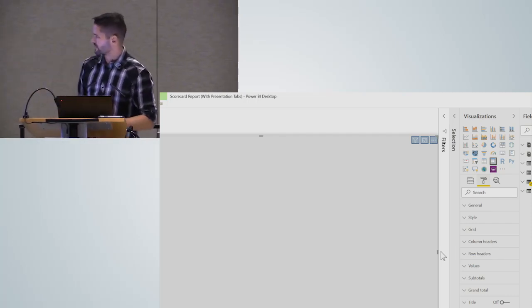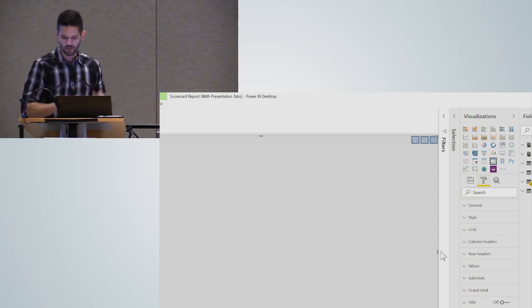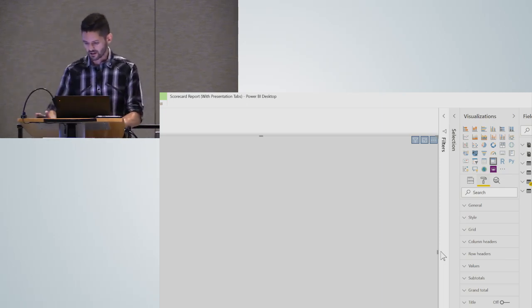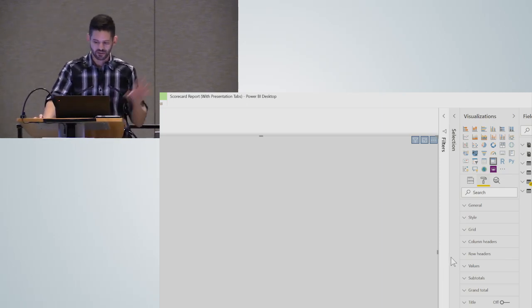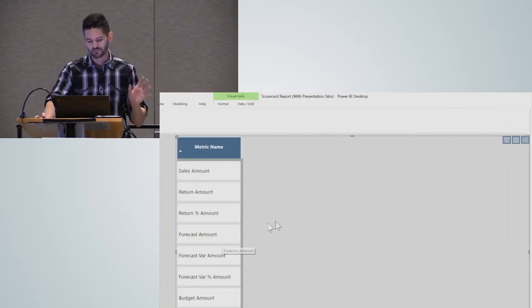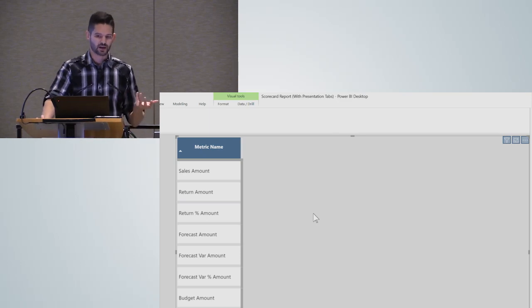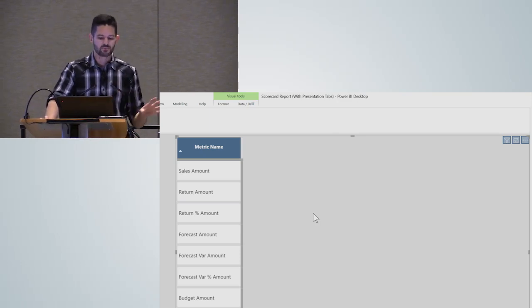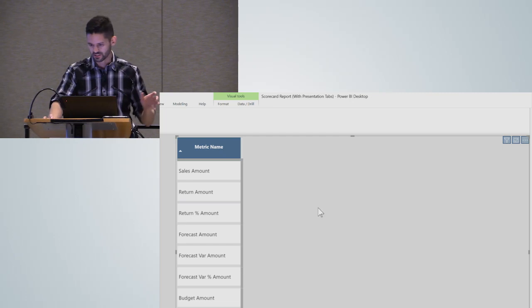Thankfully, a few years ago, they added that search button. If you're ever curious of what might be available, look for fonts, things like that. It can help guide you along. But there are so many ways that you can customize a matrix table, and I've made a lot of unique visualizations, including even heat maps off of them. So there's many, many ways to skin the cat when it comes to this visualization.